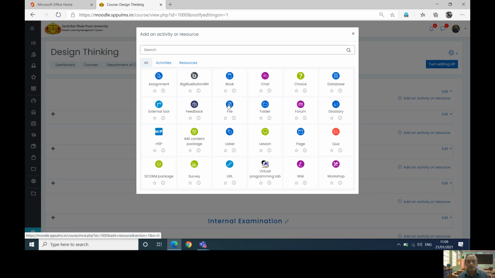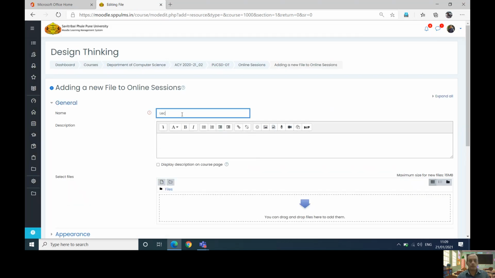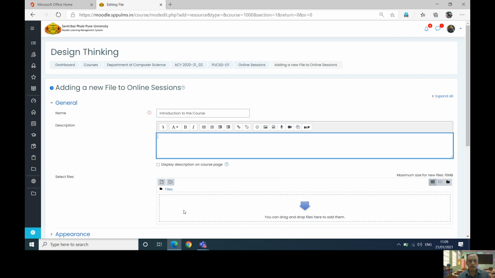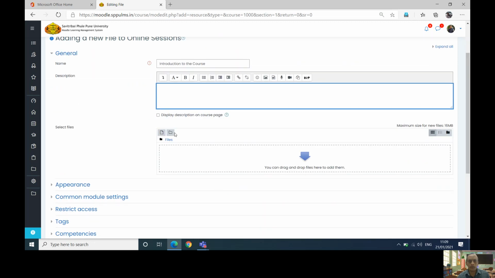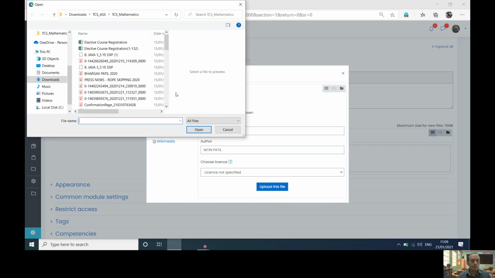So this is file. Let me say I wish to add one file. So this is, say, lecture notes to the course. Fine. And then suppose you wish to add a file, so choose file. Then select one of the files.